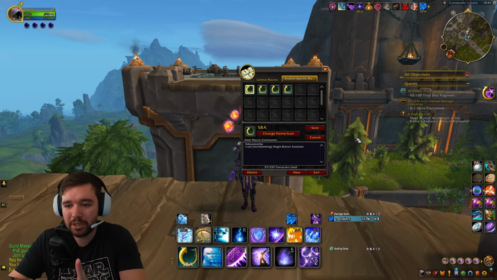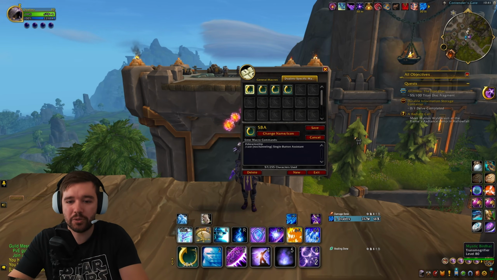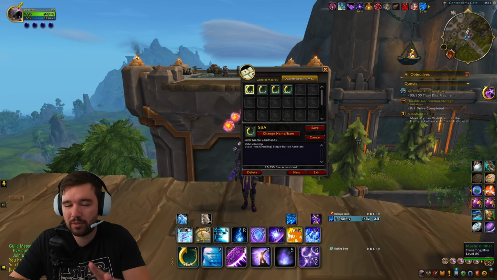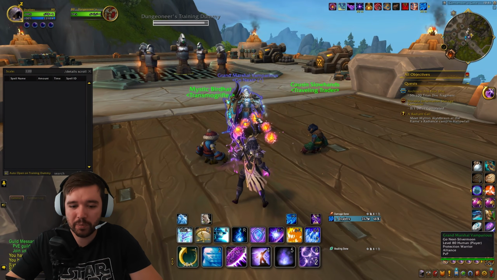So for example, if I play Shadow Priest, Arcane Mage, any class of the game that is channeling a spell, I don't want it to interrupt, because the single button assistant doesn't care if you're pressing it, it will interrupt whatever you're channeling. But this one here makes sure that I'm not channeling it. So as you can see here now, when I use my rotation,